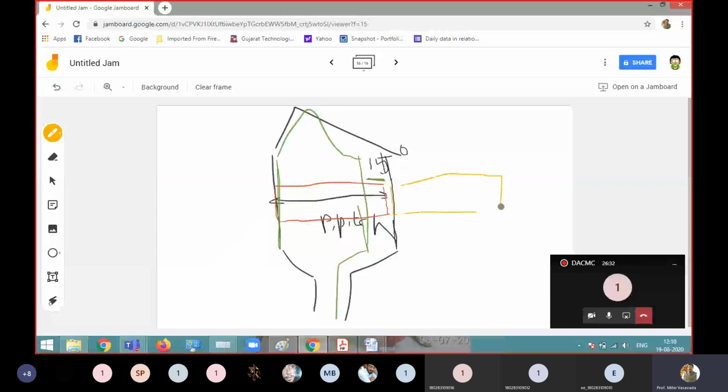Right, how many such poles are there in the machine? We have 6 poles. And what is the total number of slots? 72. So under one pole, how many slots do you have? 12. Clear? So this is slot number 1. So the S pole will start from slot number 13.